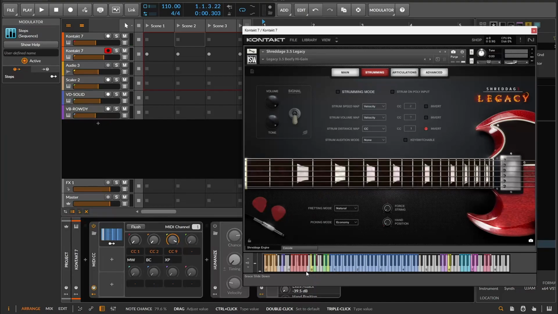Just to show how the MIDI CC is working: if we go all the way down here, we have a sustain. If we go to the middle, palm mute. We go up, rake. And if we automate it,